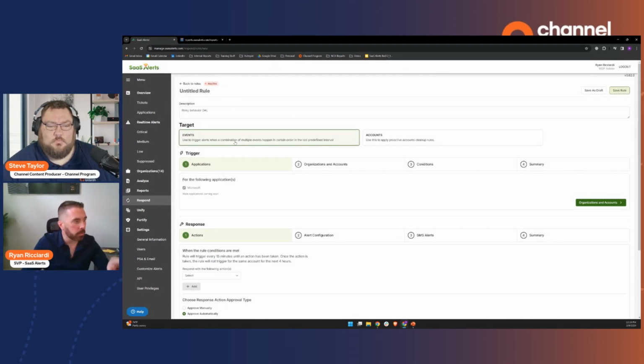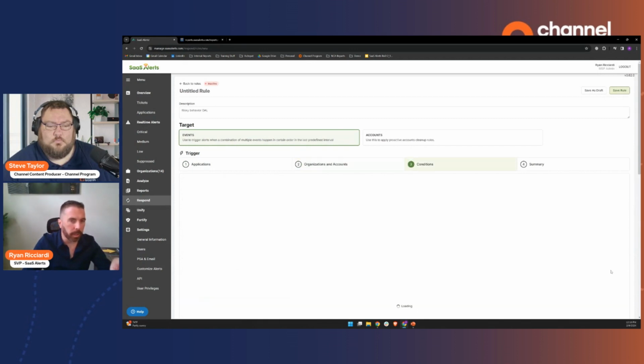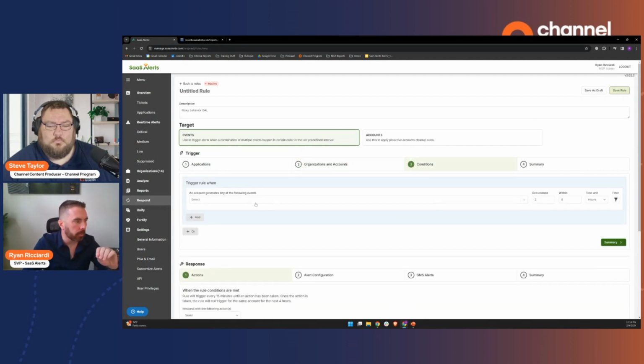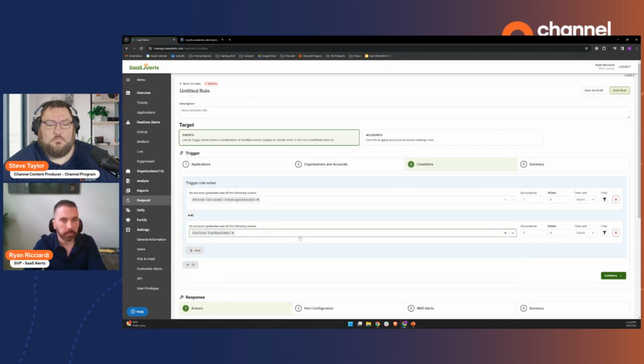OAL, outside an approved location. So we can tell SaaS Alerts in the event for Microsoft, for anyone that I do business with, if they do the following things, I want an action taken. So let's start with outside of approved location. So they signed in from somewhere I didn't expect them to. You'll get an alert that happened on its own. And they enabled an email forwarding rule. Those are the first two things they did. Not just one, but both of those things happened.